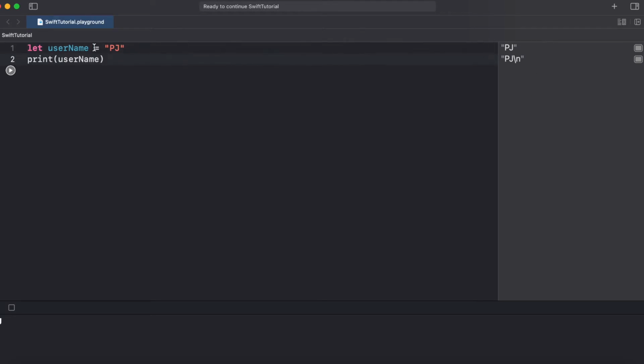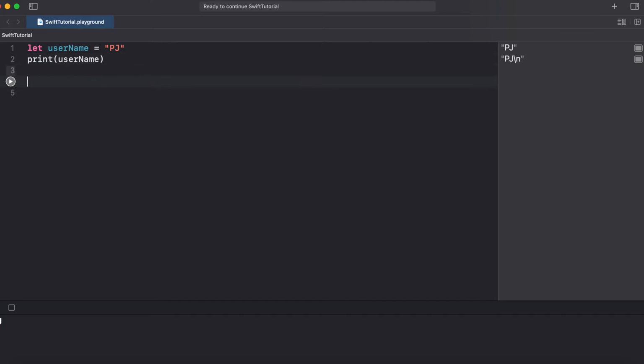So in line 1, the username stored the value pj, and in line 2, when we are printing it, it prints the value pj, and by default this print statement appends a new line character to it. Don't worry about that, just discard it for now. But this is how we print and see a value of an object. This print statement we will be using only for debugging purposes, not to print something on the user interface. This is just for debugging purposes.